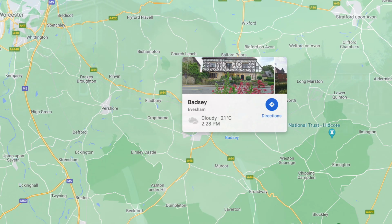Hello, so we have arrived in the UK on the 4th of September and we are staying until the 23rd. And we have rented a cute little Airbnb here in Badsea. Badsea is a village in Worcestershire County. And I'm going to show you